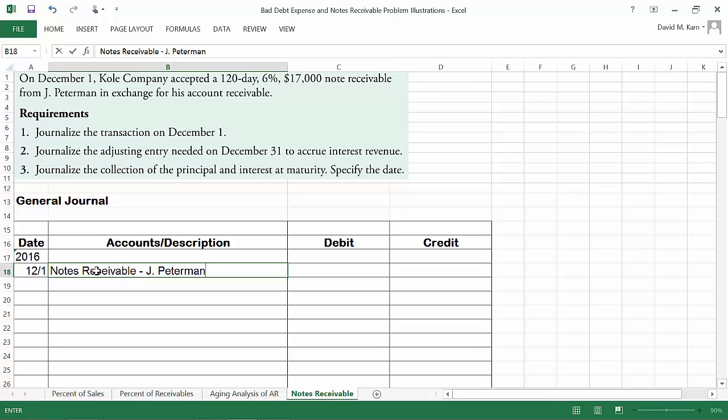You want to make sure that you track this properly, because if you don't, you may have a situation where someone calls you up and says, I want to know how much I owe on my note, and you need to have that information readily available to them. So just keep that in mind. Okay, so that would be a debit for $17,000, and then we would credit, because they're substituting out, basically paying off their accounts receivable with the note, just transitioning it from an account receivable to a note receivable,